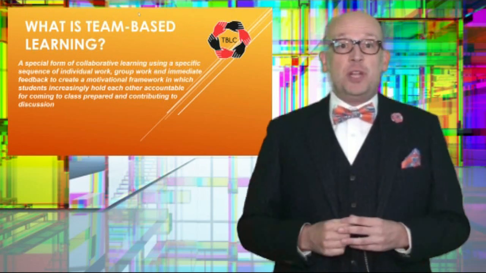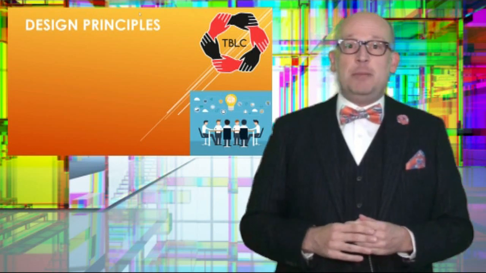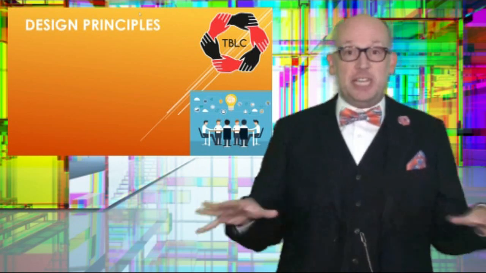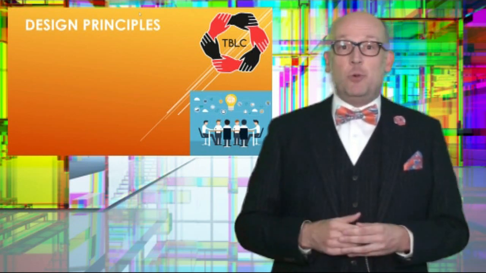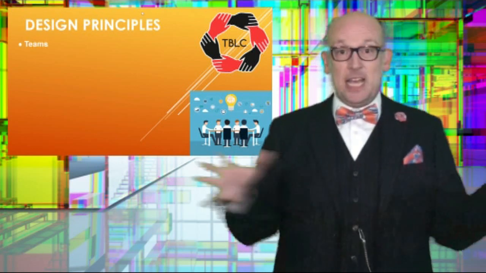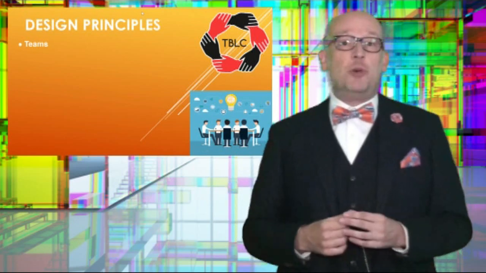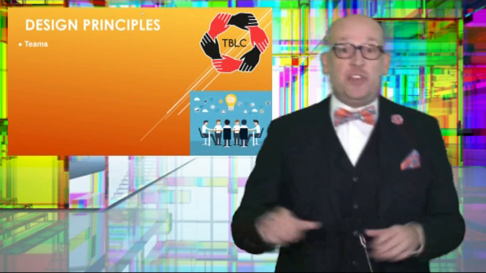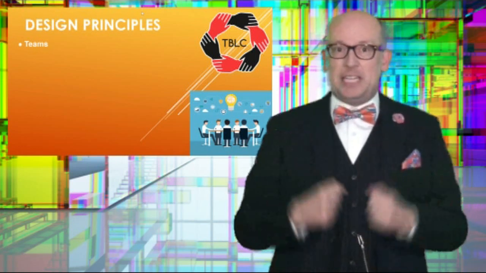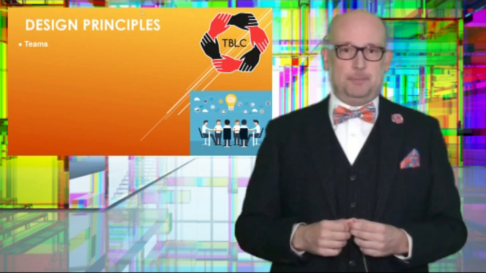The first design principle, the letter T, stands for teams. This is the starting point of each team-based learning course. So first of all, you need to divide your class into several teams. To ensure that these teams can work effectively, they should comprise only 4 up to maximum 6 students. To avoid any gridlock role allocation in any team, the team should be diverse and non-permanent. The continuous change of each team's composition in each lesson encourages the students to be more active in the teamwork and discussions and generally provides a better output.